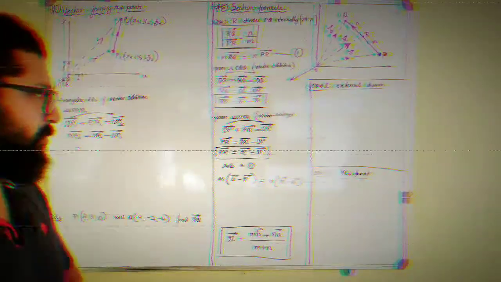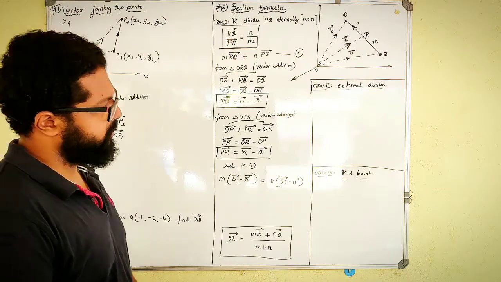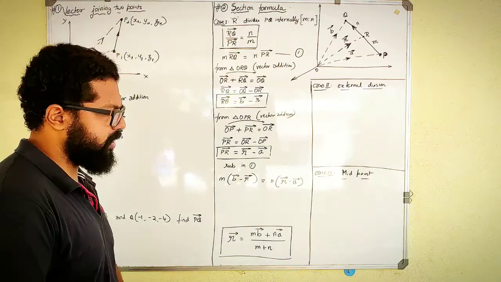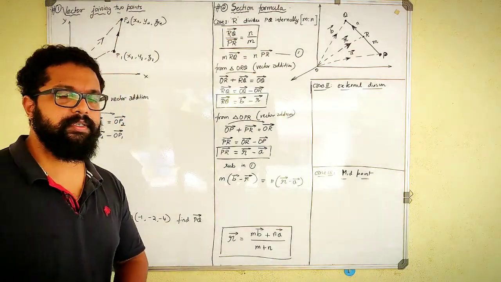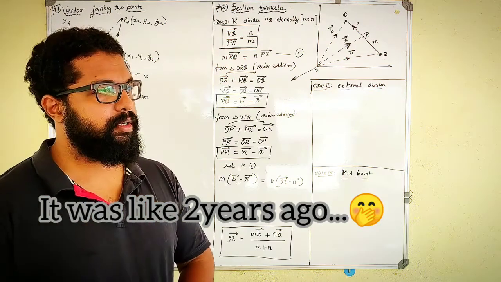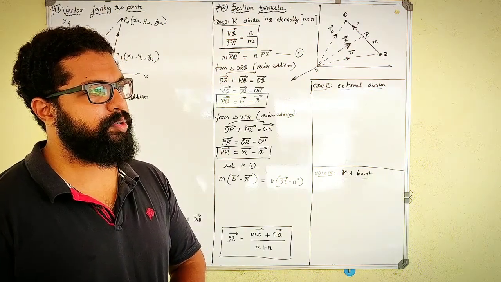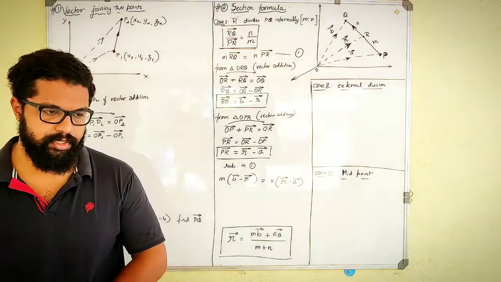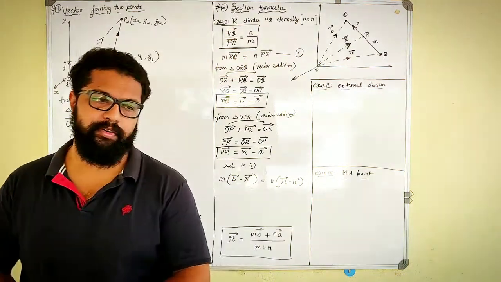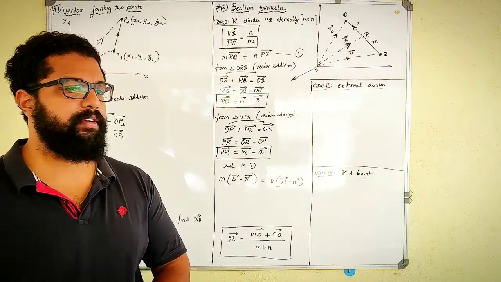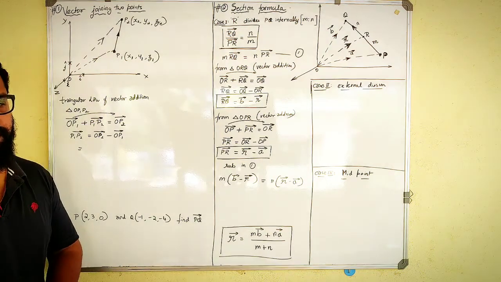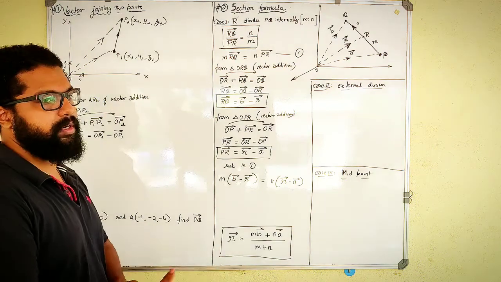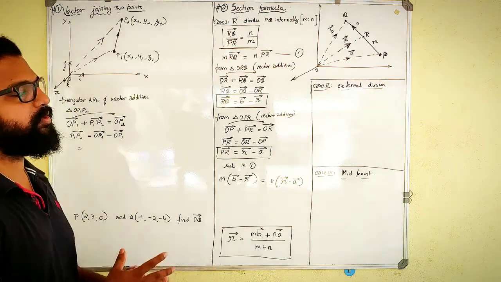So we'll begin with the next topic, the continuation of a few more derivations in vectors. In the previous class, we came across numericals related to vector addition, components of a vector, finding the magnitude of a vector, and then finding the unit vector. These are the basic numericals we have come across, and in this video you will come across the next part of this chapter, which will come even closer to the numericals.